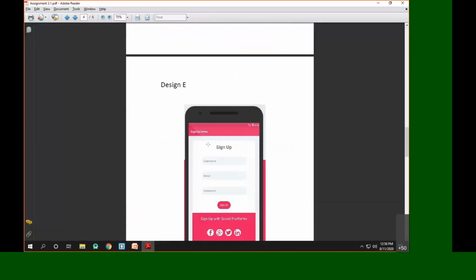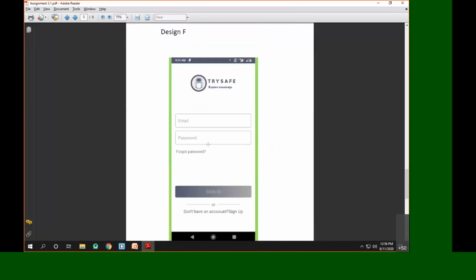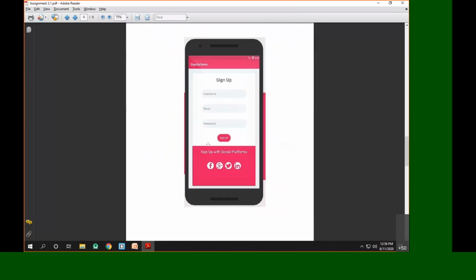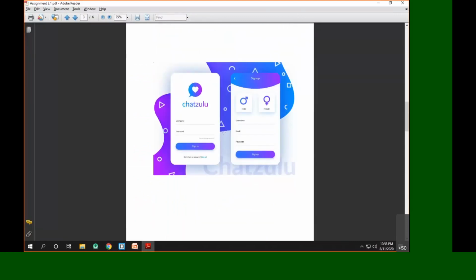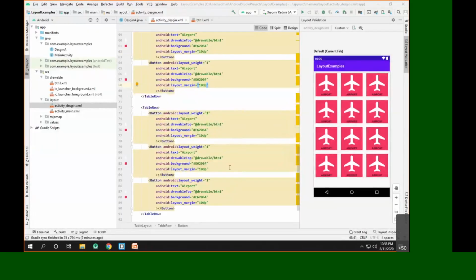file given here. You have to choose the proper layout, and based on that, you have to design these layouts that I have given, which will look similar to this design. I don't expect the exact designs or the exact look and feel, but what I want is at least the colors and the placement of the controls should be as they are. Okay. So this is what I'm expecting from you after the layout design.